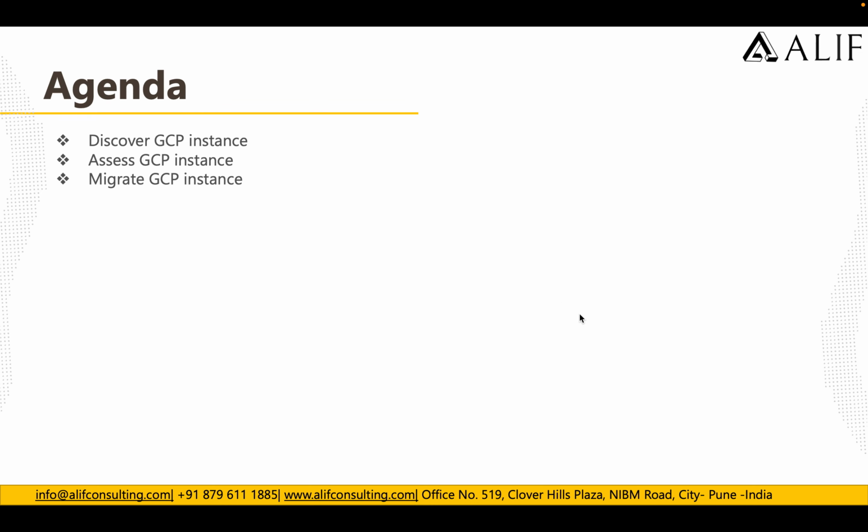When you're migrating a VM from GCP to Azure, it has three different stages. The first stage is discovery, the second one is assess, and the third one is migration. In this specific video, we will talk all about discovery: how you can do the discovery of the GCP instance, what configurations or services you need to create on the Azure side, and what preparations or configurations you need to do on the GCP side,